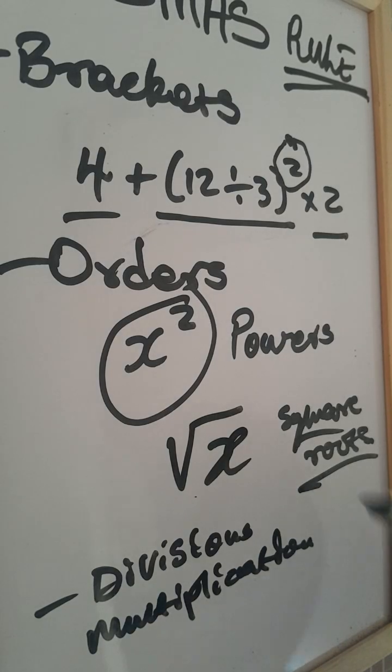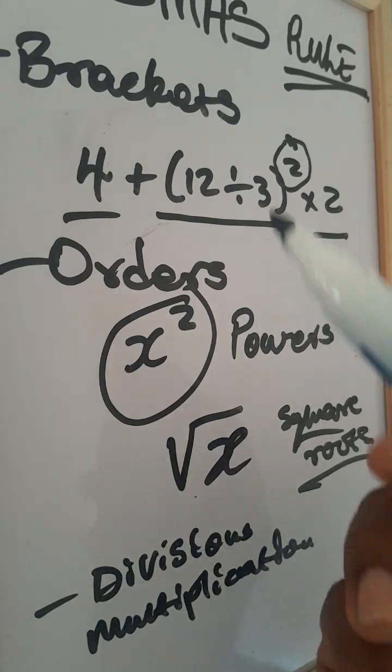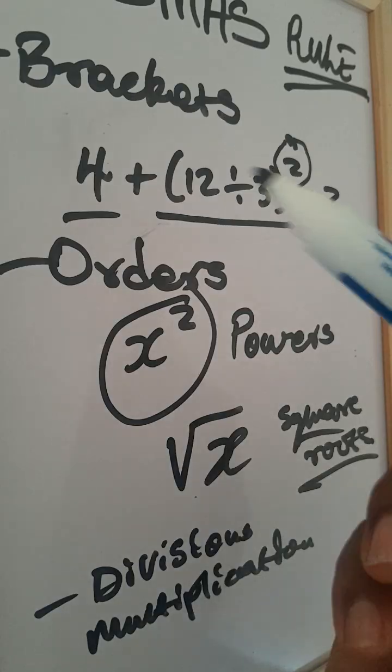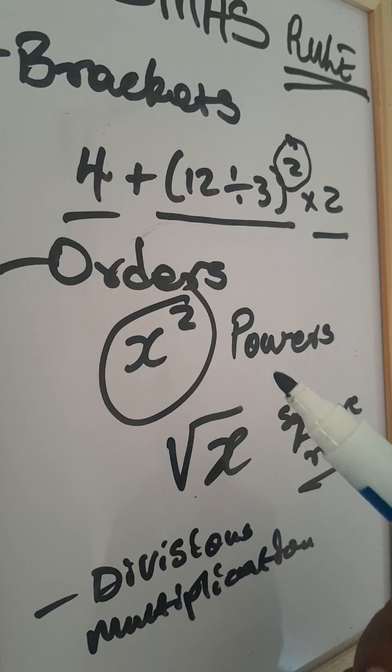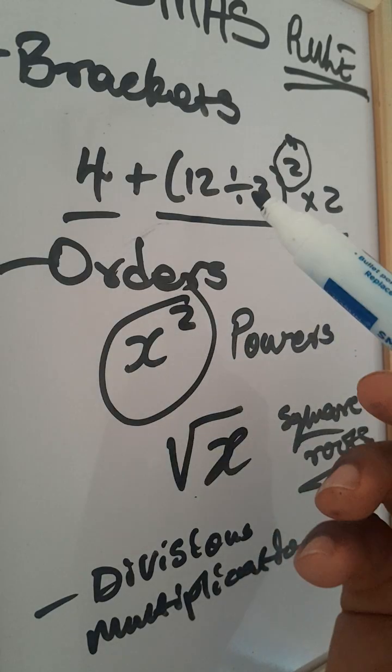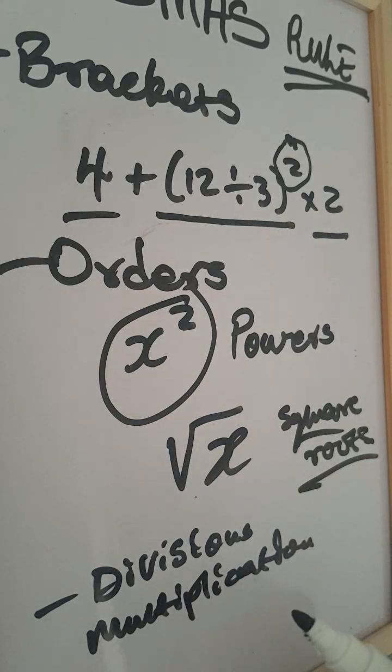In that order, basically, you start with brackets. You solve the brackets, then you deal with square roots, you deal with divisions and multiplications. Then,